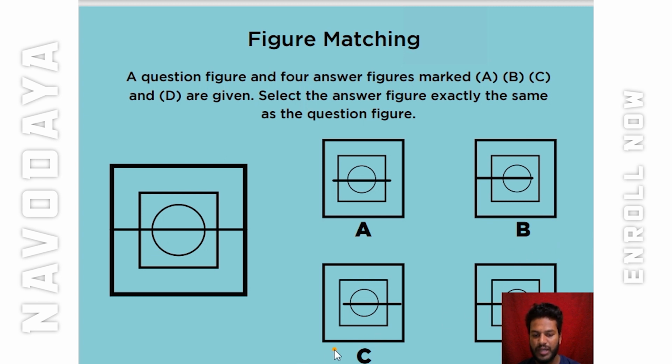Well, we'll see about the answer C. See, answer C also we have the same thing. You can just observe this figure. We have the first square, we have the second square, we have the circle, and even we have the line too, but that is connected with the right side, not with the left side. Because in the figure it is connected on the right and left, right? Here it is only connected with the right. So answer C is wrong.